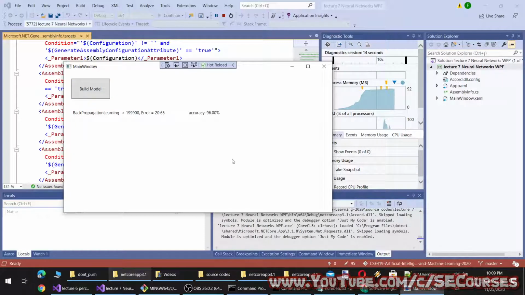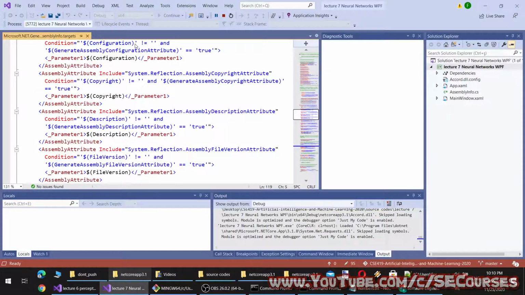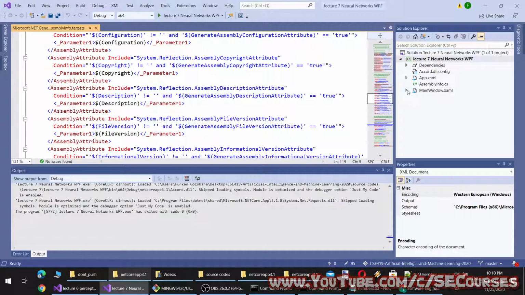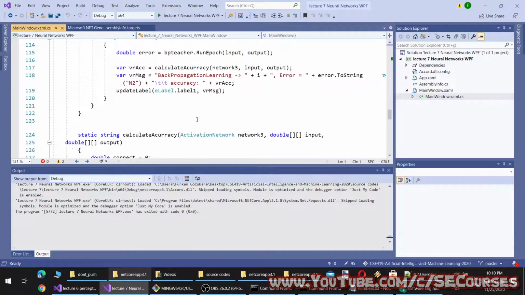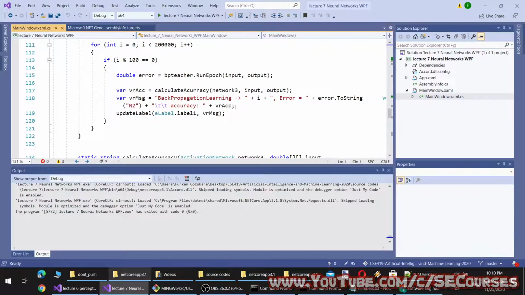Okay, so it has quickly run to completion with 96 accuracy. Of course, we didn't keep the previous records, so we don't know.